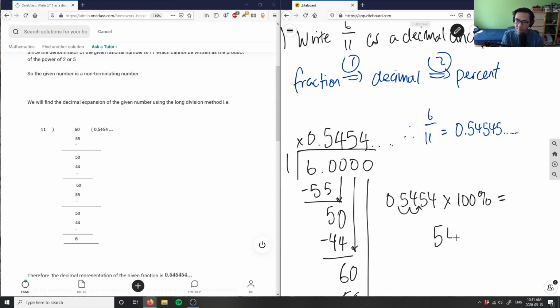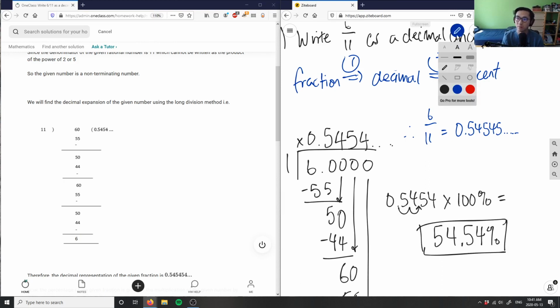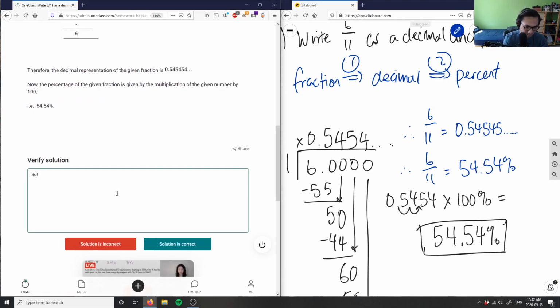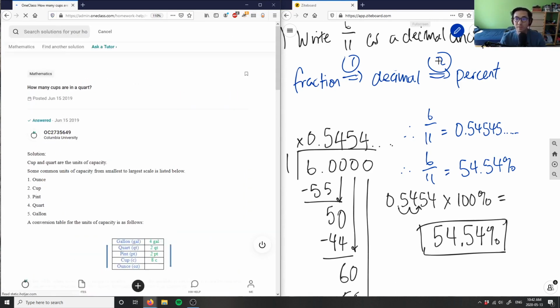So therefore, this is 54.54% here. And this solution here is my answer. So therefore, 6 over 11 equals 54.54%. And these two are my solutions for this problem. So 6 over 11 equals 0.5454, like given, and the percentage is 54.54. So this solution here is correct. It's a good analysis as well. And then finally,